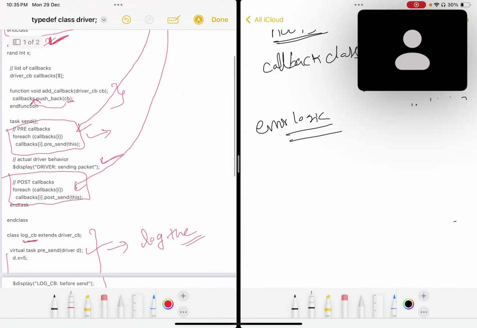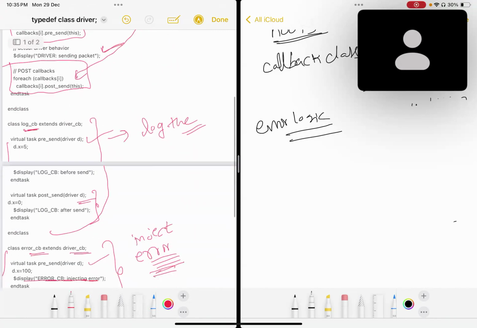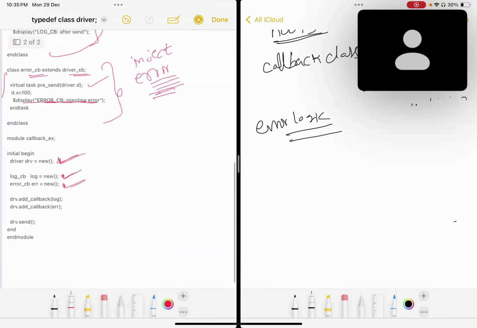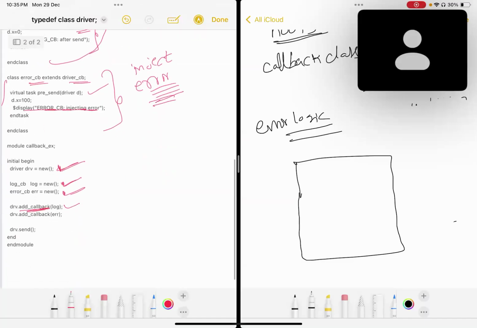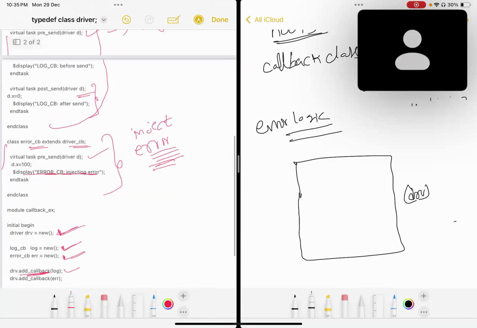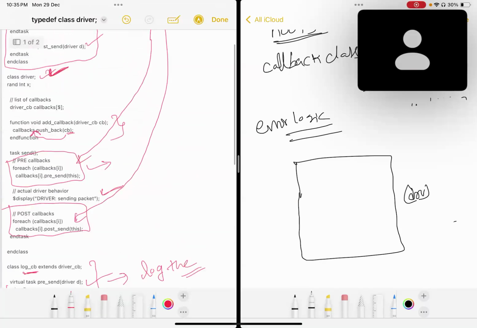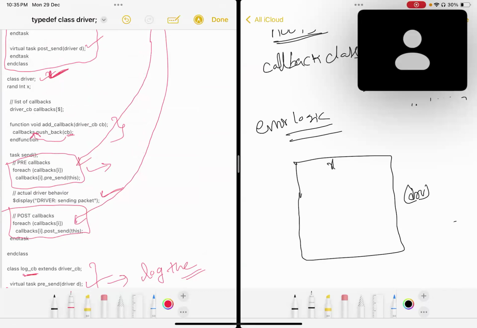See, I will tell you how it works. If you do this one, what will happen? Tell me. Driver dot add callback. What will happen? The object for the driver is created. This driver object will be created. In this driver object, you have integer x equal to 0,